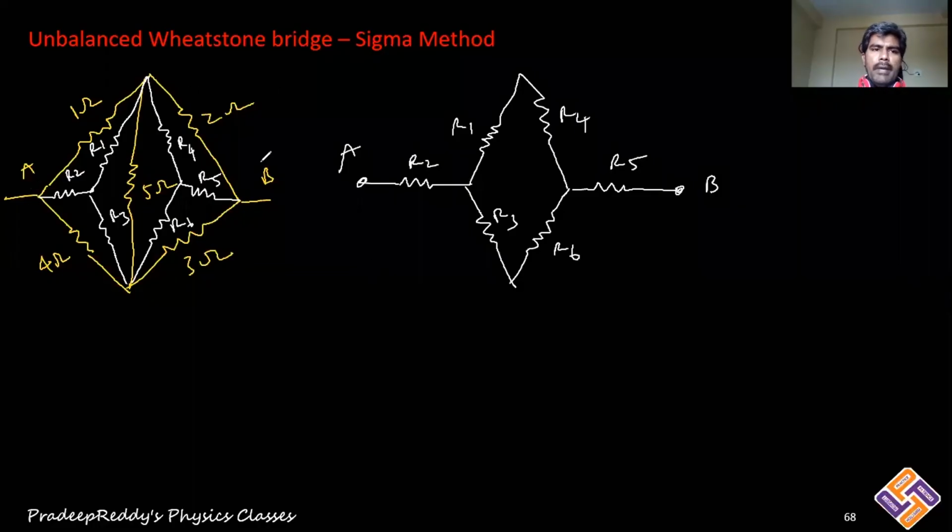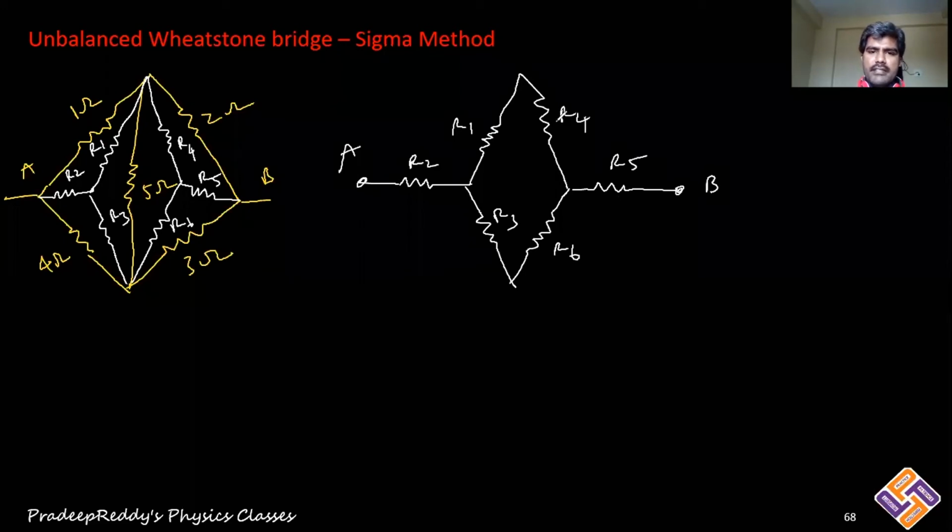So we have one unbalanced Wheatstone bridge with resistors 1, 2, 3 and 4. In this Wheatstone bridge, each part is a triangle, like a delta. I have converted it to star by using resistors R1, R2 and R3 here, and these resistors I have converted into star R4, R5, R6. So simply these white color resistors will remain in between A and B.